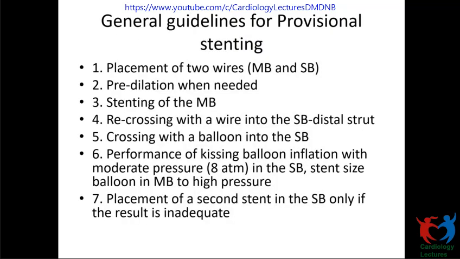As we already know, the side branch narrowing could be a plaque shift or it could be a carinal shift. Most of the time, when the carinal shift occurs, the FFR comes as negative. When the plaque shift occurs, then usually the FFR comes as positive. That may be another reason why here the FFR is negative. Probably it is a carinal shift. Majority of the time, it is carinal shift in case of left main. Yeah. So these are general guidelines for provisional stenting, which we have already shown.